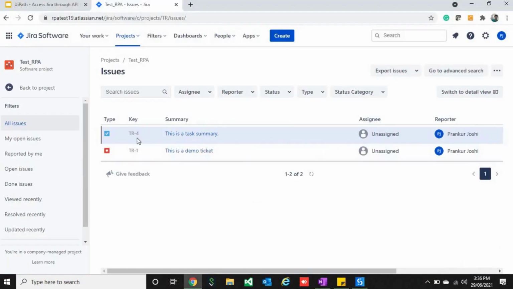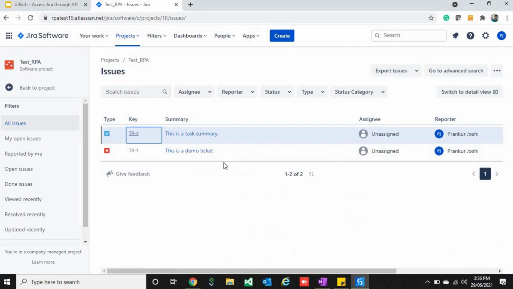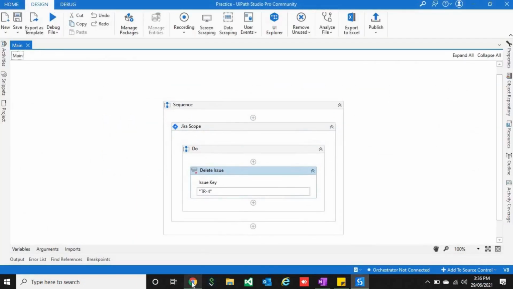You have to pass this key to delete an issue. So I'll just pass TR4 and I'll run it. Hopefully it will not take that much time. Okay, it has started, it's completed.